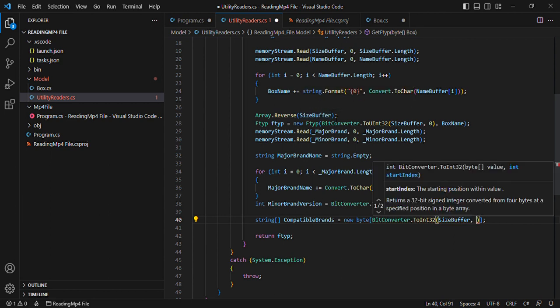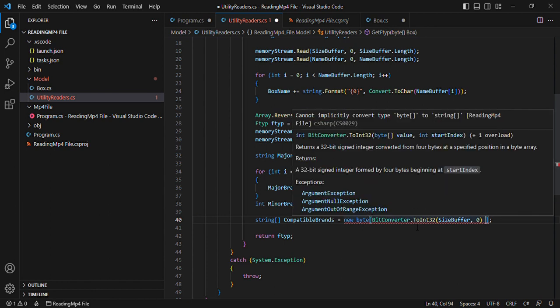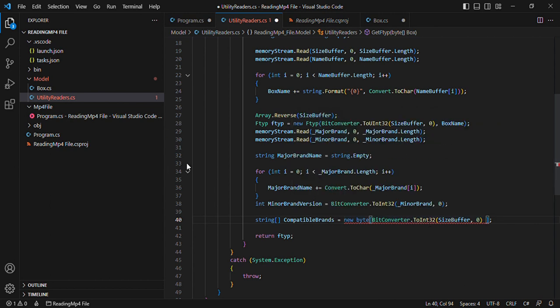Okay, let's wait. Cannot implicitly convert to string. Wait a minute, what's going on? Size buffer. Oh, I see what I have done here. String, where